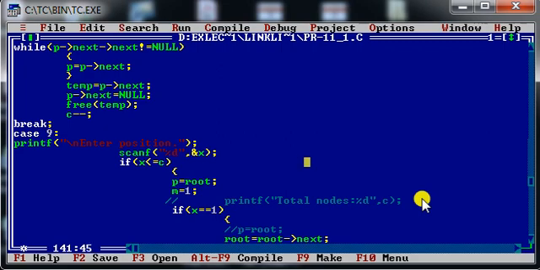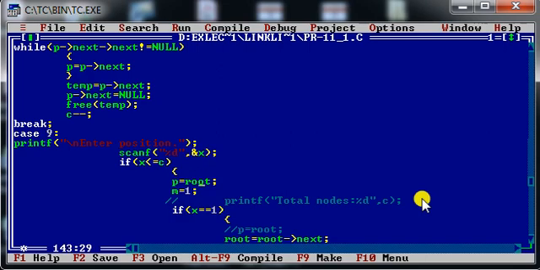It means that whatever value this x contains, that value must be greater than 0. It may be possible that the deletion can be performed from position number 1, so that is deletion from the beginning.